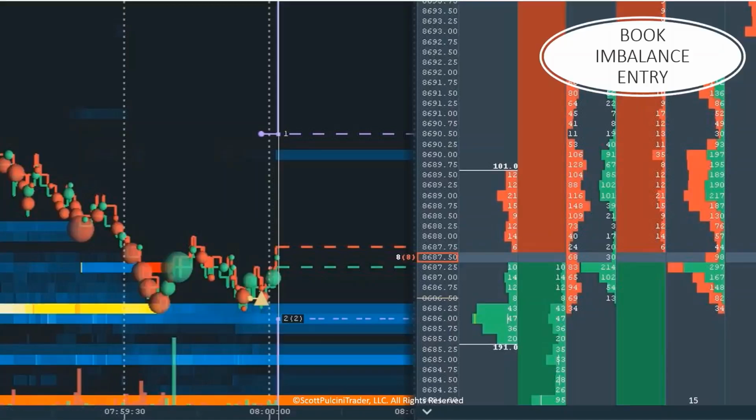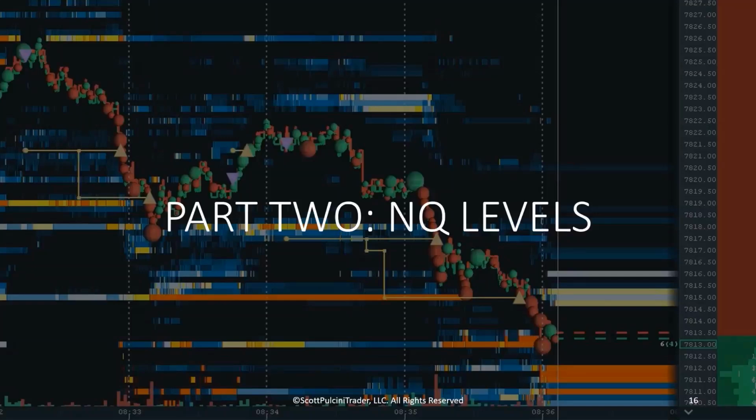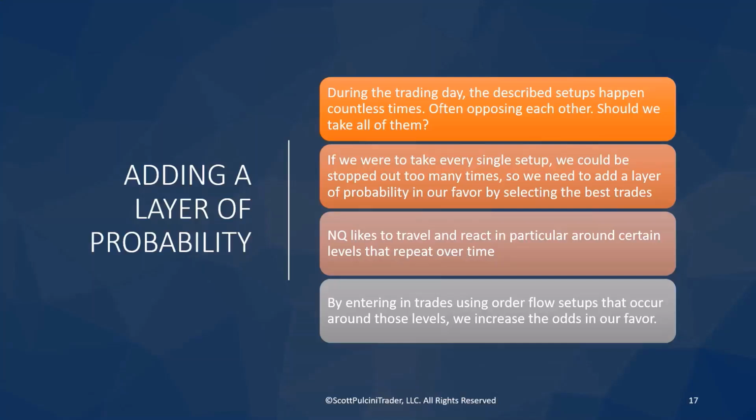Okay, we're going to look into video examples and take trades, but it's important to understand and to visualize the dynamics of how it works. Okay, so next up, let's talk about the NQ levels. Where does NQ like to trade? Where you usually find the liquidity and the levels where to take action. This is going to add a layer of probability in our favor,